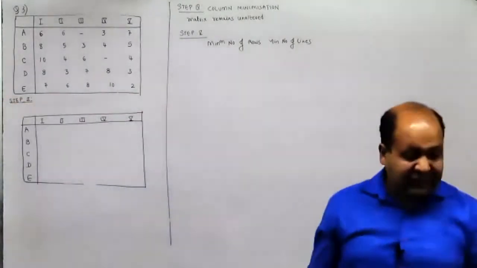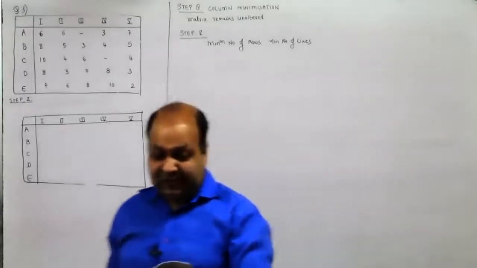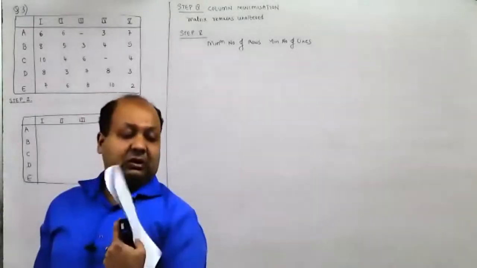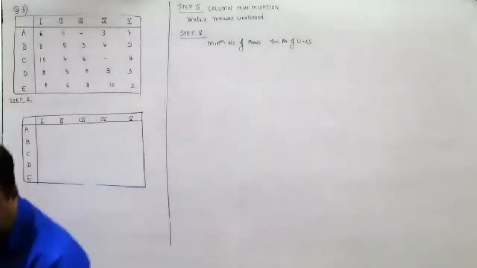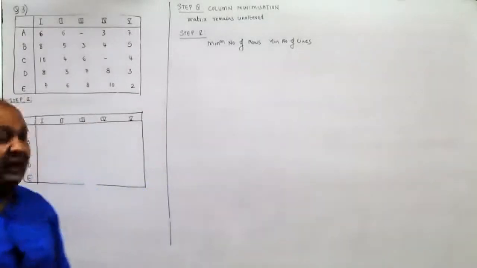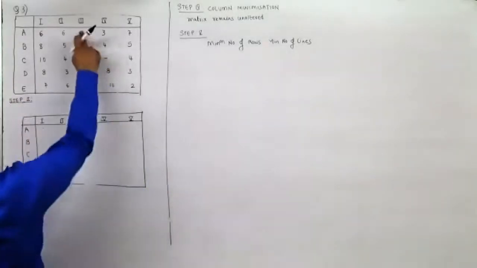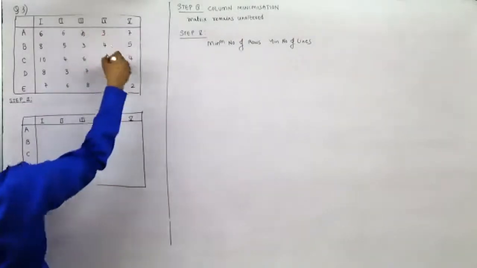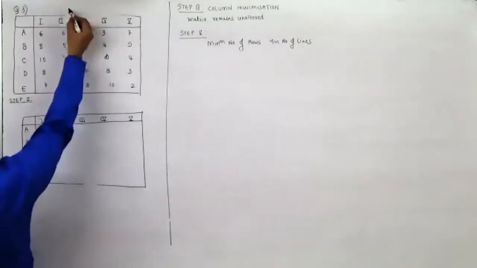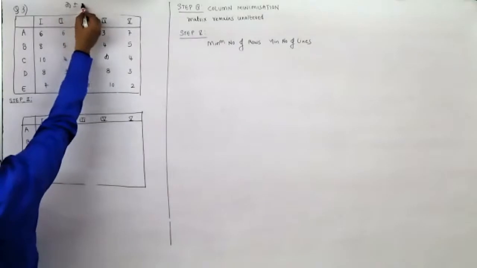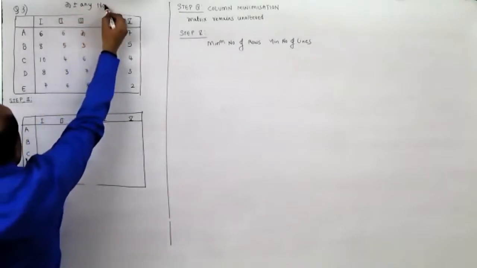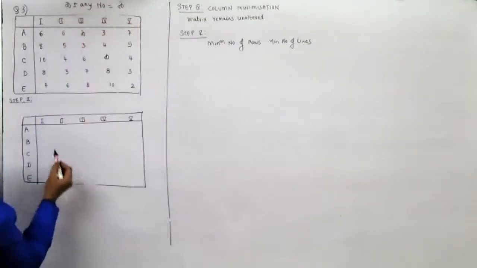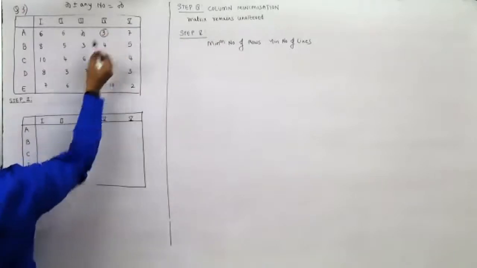Consider the problem of assigning 5 operators to 5 machines. The assignment costs are given in the following table. Assignment cost, so we have to minimize that. Now, infinity over here, since it is prohibited. Now, infinity is such a large number that infinity plus or minus any number would be equal to infinity itself. Now, the first step would be row minimization.